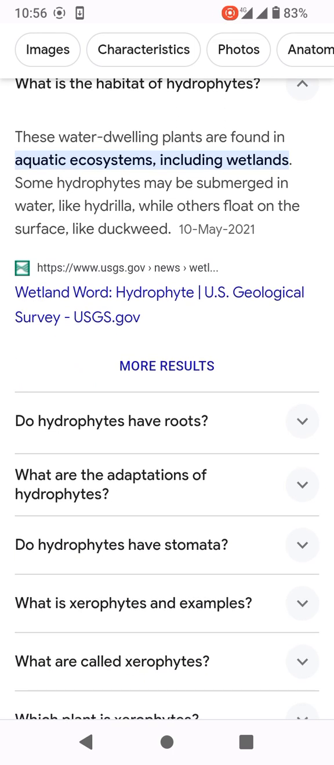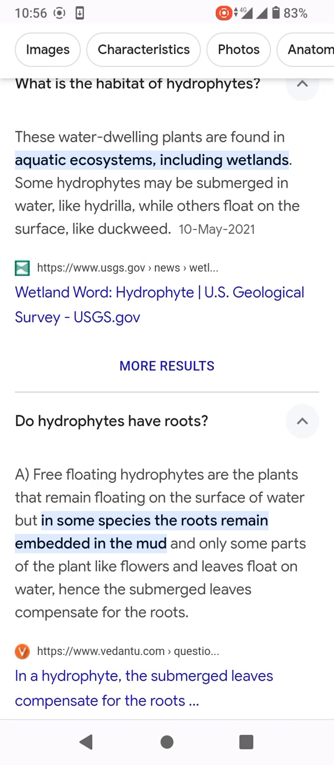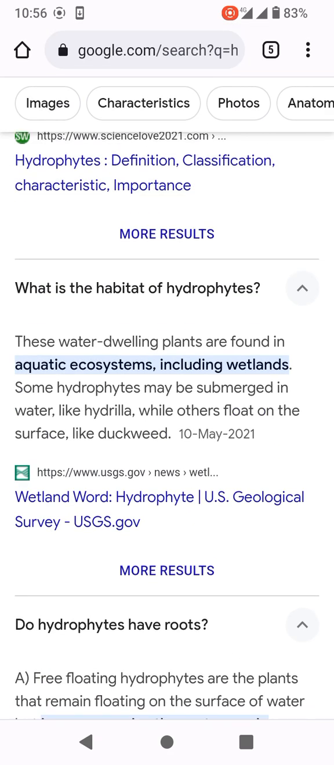Do hydrophytes have roots? Free-floating hydrophytes are the plants that remain floating on the surface of water, but in some species the roots remain embedded in the mud and only some parts of the plant like flowers and leaves float on water. Hence the submerged leaves compensate for the रूट्स। आज हमने ये सारा हाइड्रोफाइट्स के बारे में पढ़ा।